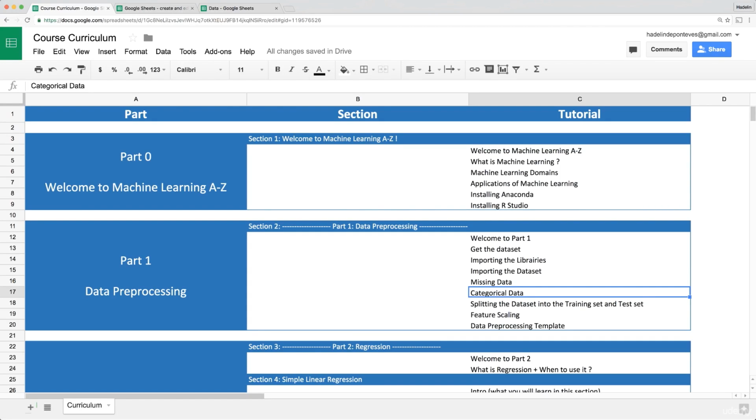Okay, so we are halfway through our data preprocessing phase. We learned how to import the libraries, to import the data set. We learned how to take care of missing data. And today we're going to learn how to encode categorical data. So the first thing that we're going to do is explain why we need to